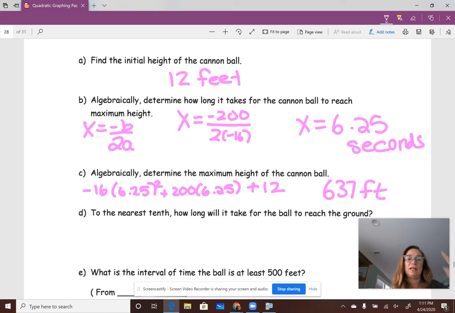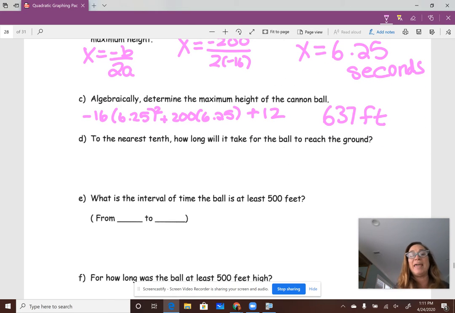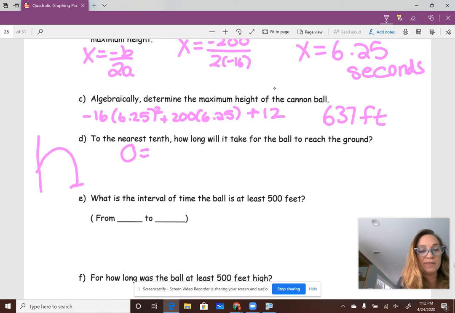Okay. To the nearest tenth, major hint that there's going to be some rounding involved. How long will it take for the ball to reach the ground? Okay, so it goes up, it comes down. When will it hit the ground? The ground is always 0. Ground 0, that's a real thing. Okay, so when will this hit the ground? Negative 16t squared plus 200t